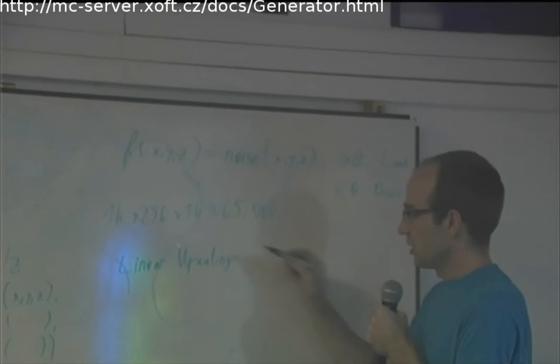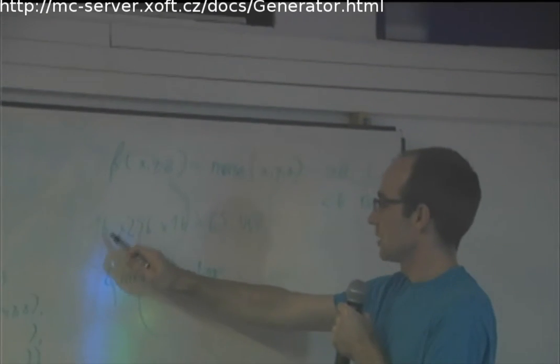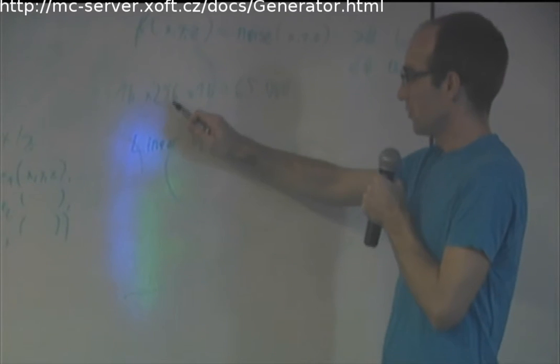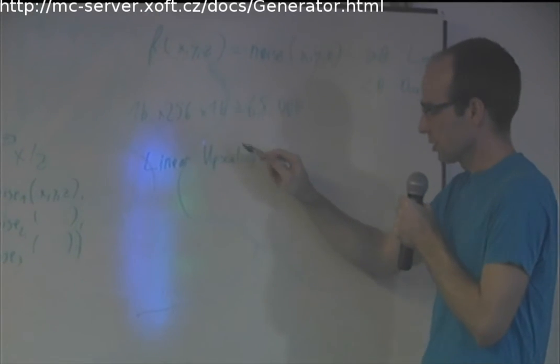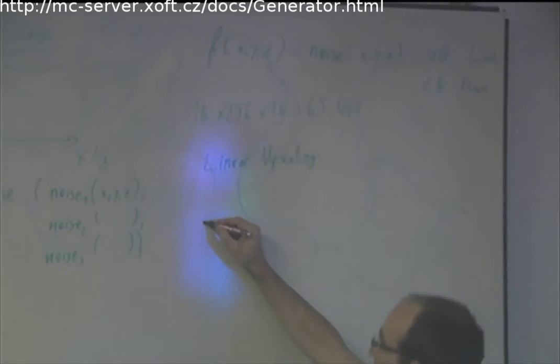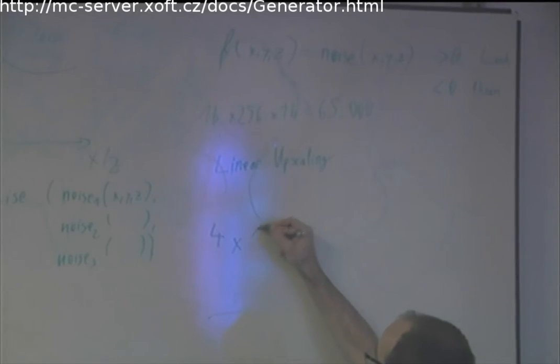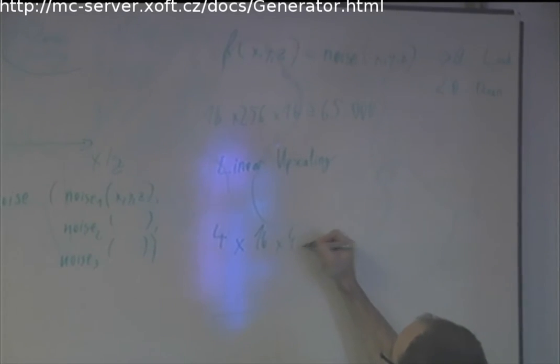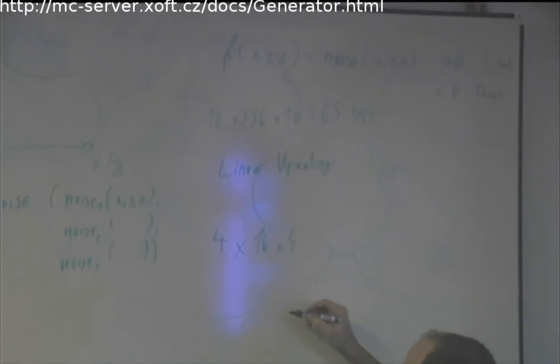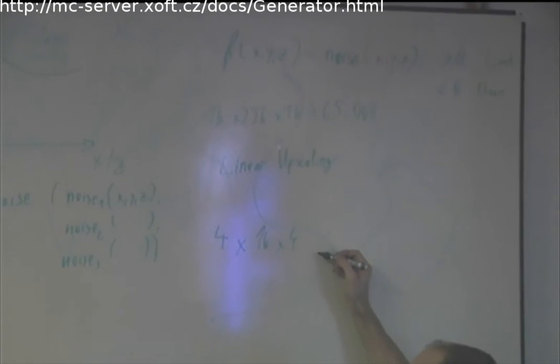So what we do, instead of choosing all the 16 by 256 by 16 blocks, we only choose 4 by 16 by 4 blocks. For these, we calculate the noise function. So we get the values, and then for the rest